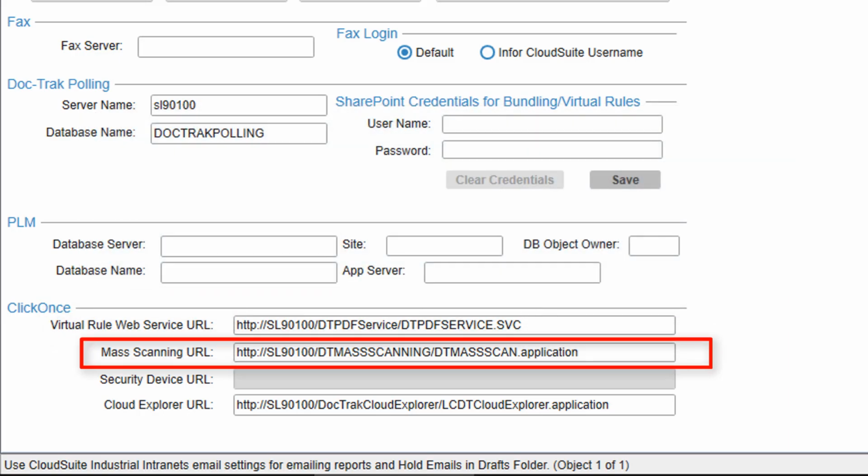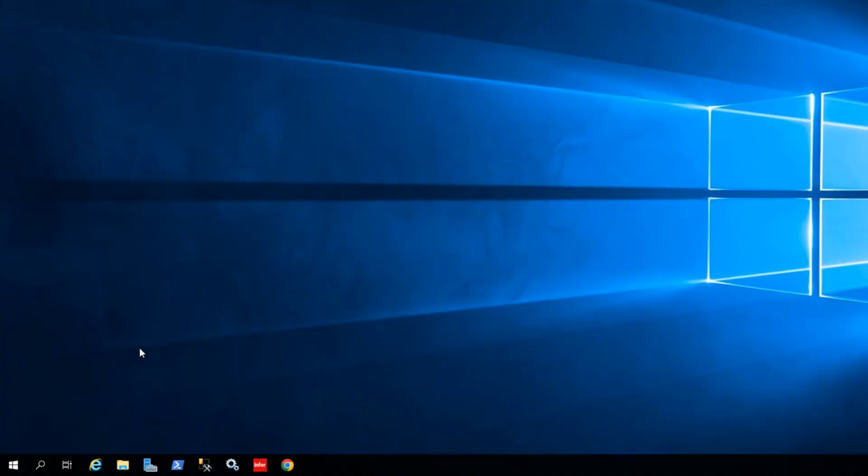If you plan on using DocTrack mass scanning, then the URL for the mass scanning Click Once client should be entered here. This will allow the user to open that application up from within Sightline. How you find this URL will vary depending on your server operating system. In my operating system, I go to Start.